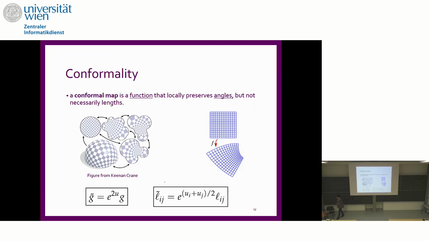So we all know about the conformal maps that are supposed to indeed preserve angles, probably not necessarily lengths. And in the smooth case, you know that you can just define it based on this kind of conformality equivalence to relate the Riemannian metric that you have to any other Riemannian metric which is conformally equivalent to it. And that would be just somehow the change of the metric in terms of the conformal factor